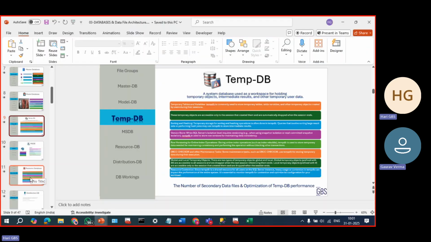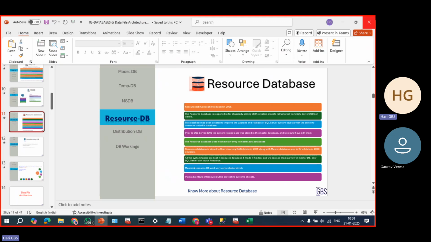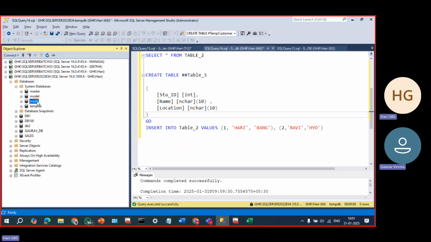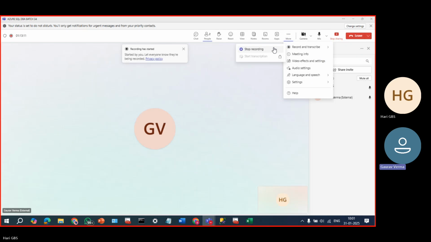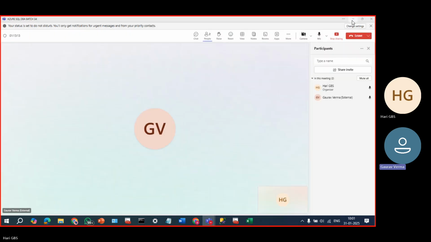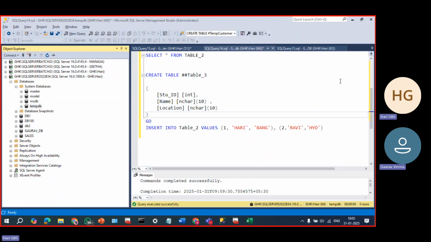There is another type of system database called the resource database. The resource database is not visible from here. We will discuss it tomorrow. You can see the master database, model database, MSDB, and tempdb, but you cannot see the resource database from here. The resource database is a hidden database. Why it is hidden, we will see tomorrow. So I'm stopping the recording from here. So today we have discussed how to create